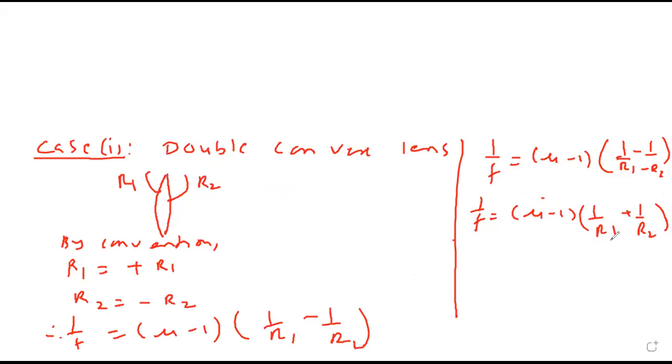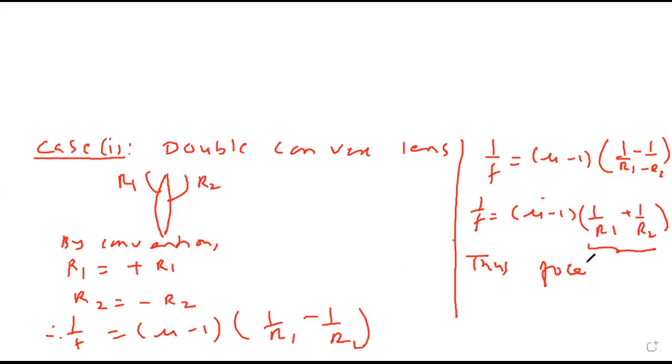Now 1 upon R1 plus 1 upon R2 will be positive or negative? R1, R2 plus plus will be plus only. Yes, sir. And mu is greater than 1. What will be mu minus 1, positive or negative? Positive. So we can say thus